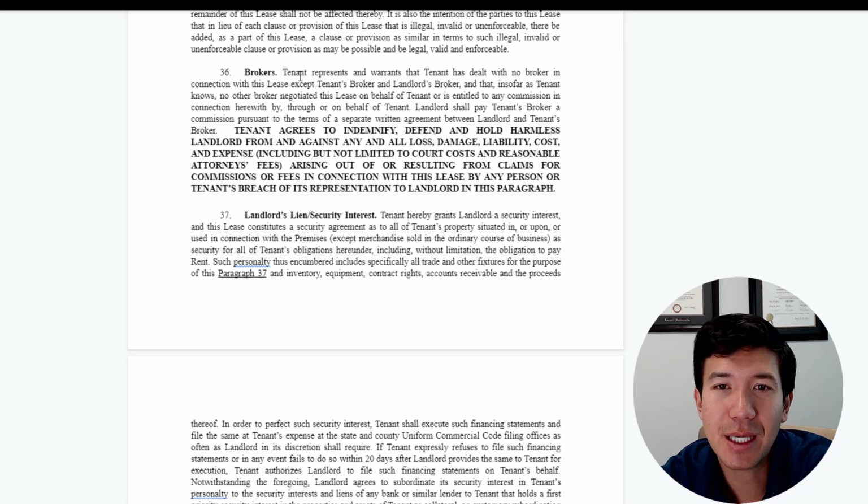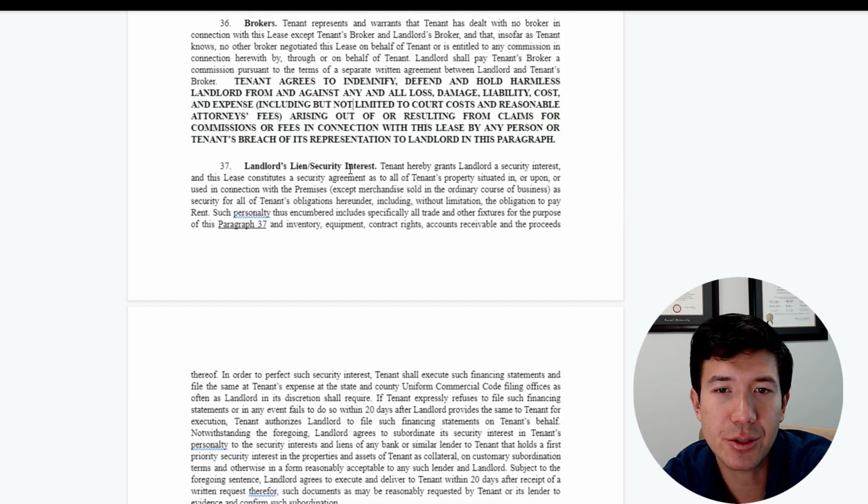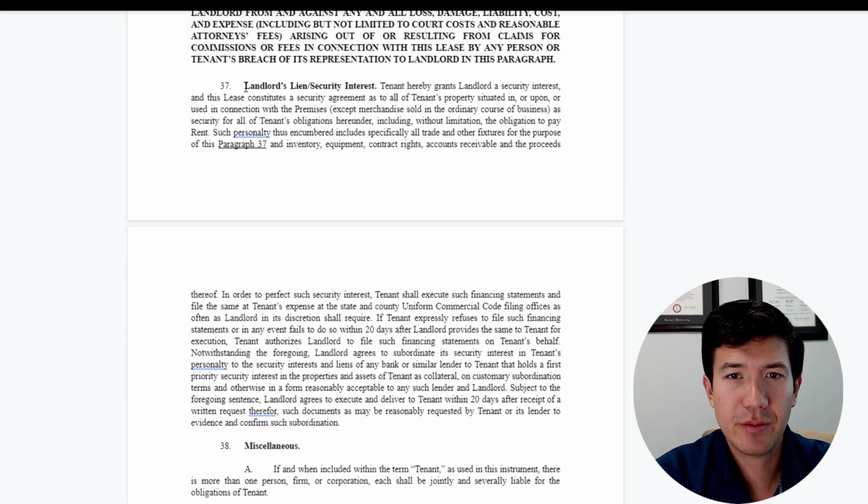Brokers, again, I typically want to see that you either have no brokers or you are agreeing to pay according to a separate agreement. We don't like to get into a broker fight within the lease, especially because maybe this lease gets recorded or filed for public companies. So that's a pretty standard thing. Either we represent no brokers or we identify the brokers and they're going to get paid. Tenant agrees to indemnify if some of these brokers on the tenant side sue the landlord for payment. Tenant is saying, well, I'm introducing you, so it's kind of my fault. This is kind of a follow-up.